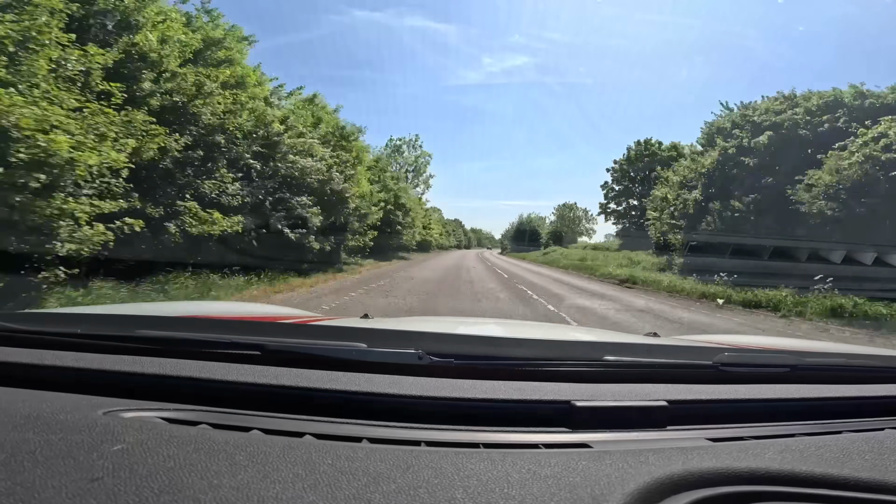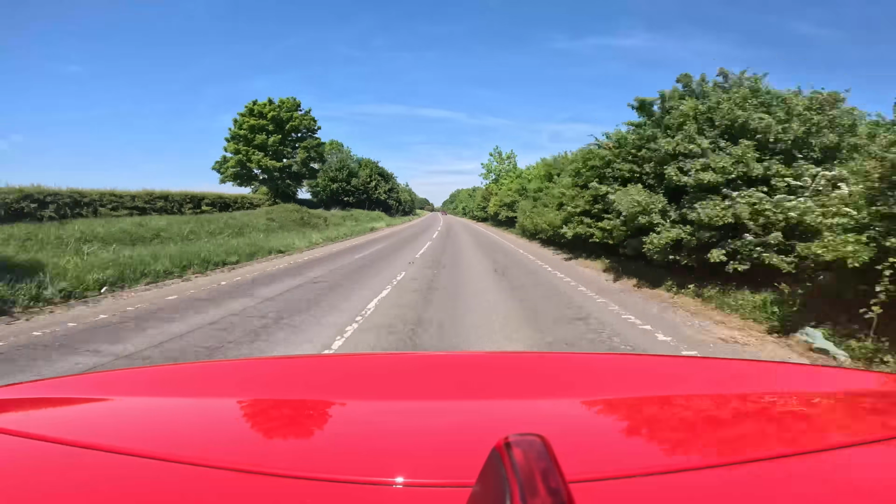It's quick. Even when you put it in sports mode, all this changes, doesn't it? Yeah. You probably don't use that mode very often, do you? I don't know. Alright, so